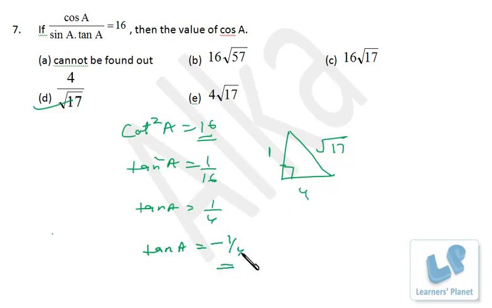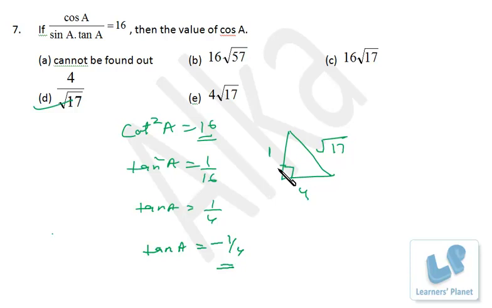This tan theta will be negative, right? So if tan theta is negative, cos theta may or may not be negative, right? So if tan theta is positive or tan theta is negative, we will be getting two values for cos theta, or cos A. So if there are two values of cos A, we cannot be sure of which would be the correct answer. Getting my point? The value of cos A will be 4 by root 17 or minus 4 by root 17, both of them.